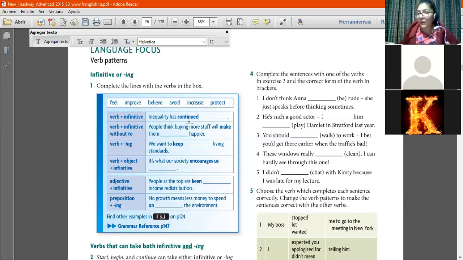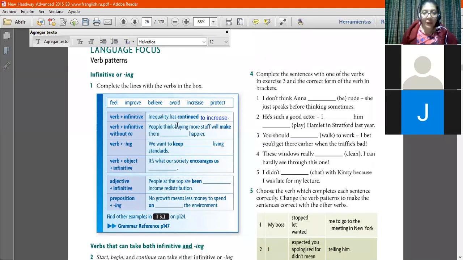Continued is the verb. Entonces necesito un infinitive: to increase. To increase. All right. People think buying more stuff will make them feel. Yes, feel. We want to keep